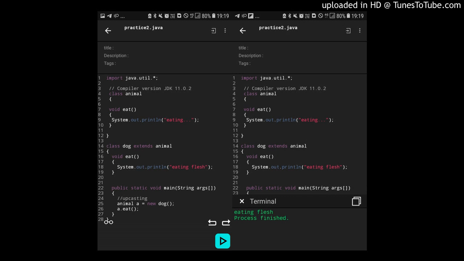Like if we have an interface I and we have a class called A, we can also write something like this: class A implements I. In that case also we can do upcasting. Now the question arises, can we do this runtime polymorphism with the help of data member variables?